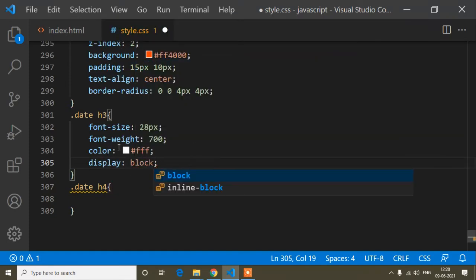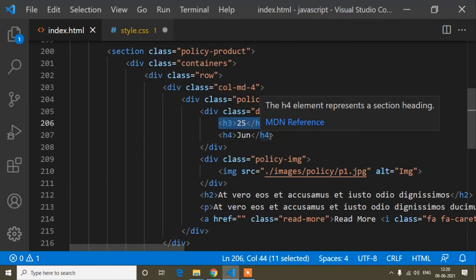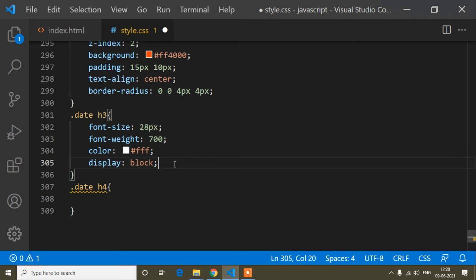Suppose this content ends here, because this is the content, only this line. But guys, if I write display block, that means this content will be blocked up to the whole of this line. That is display block. And if I write display inline-block, it will be inline, so the block would extend only up to this content size, where it ends here. But if I write display block, it will be block up to the whole line. Okay, so now this is display block.